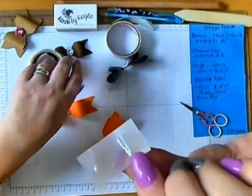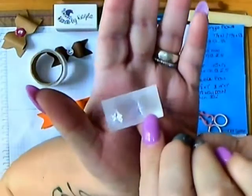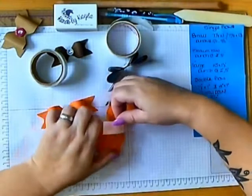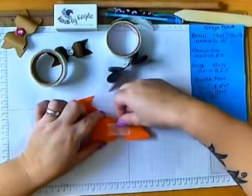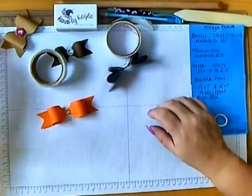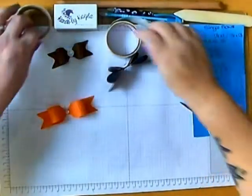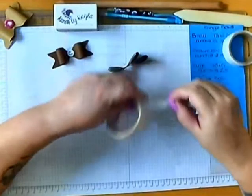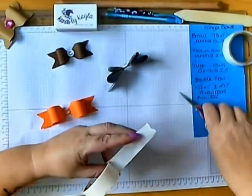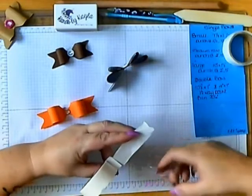So if you can focus on that, put my hand behind it. You see they're quite a big glue dot. Now I'll just pop them right in the centre, ready to be used on my next project. Now for the smaller ones, I have smaller glue dots, and what I do is the same with that. I just grab 2,